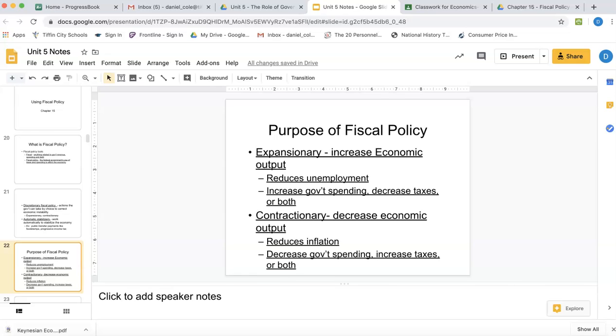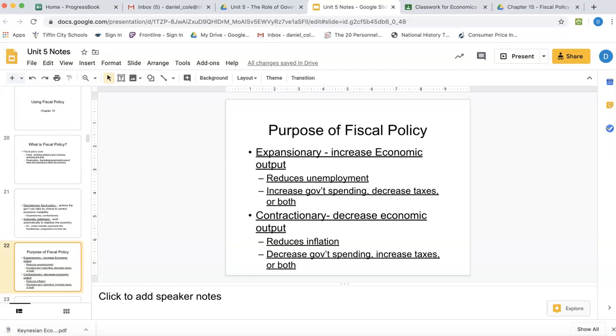The goal of expansionary policy is to increase economic output, which in turn would reduce unemployment. As more output's happening, more people get hired. As more people get hired, more people spend money. As more people spend money, more people get hired, and so forth. It creates a nice upward spiral for us. Okay? To accomplish this, Congress and the president would have to increase their spending or decrease their taxes or do both. Right? So, for example, if, let's